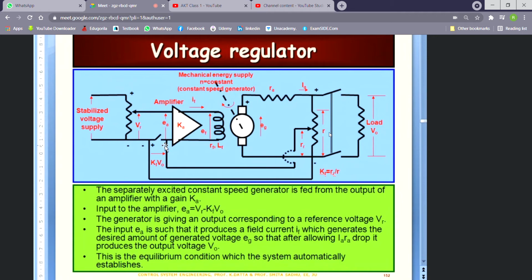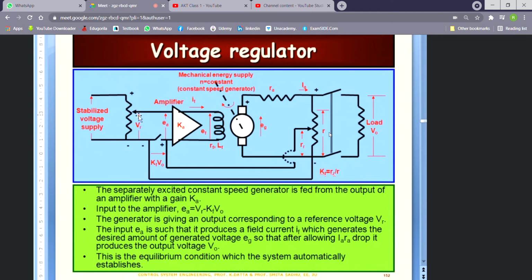But nevertheless, you can make that small correction, meaning that this shifts. I'm not going to save it, but what I mean is that this is the positive side and the other one is the negative side, right? So this is the negative side. Now, as you can see, this EA is the voltage applied at the input of the amplifier. And EA now will be equal to how much?